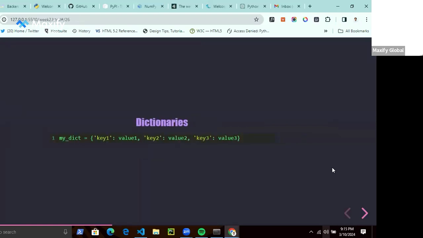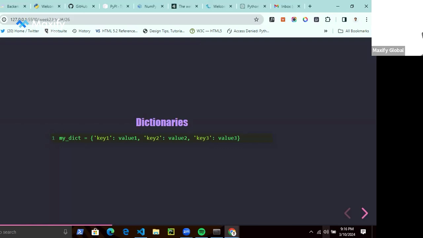Let's now look at dictionaries. Dictionaries essentially are key and value pairs. A dictionary allows us to set keys and values, where each key has a corresponding value. Just like in a dictionary, each word, which is the key, has a corresponding definition.